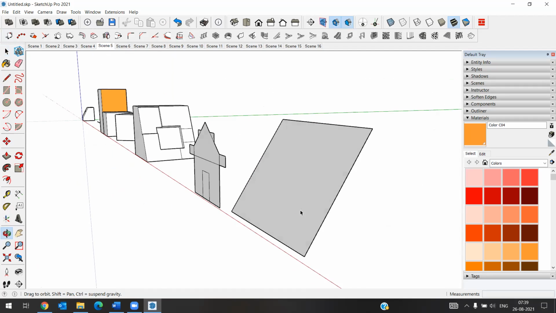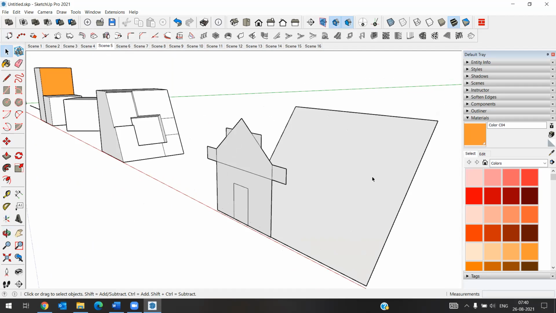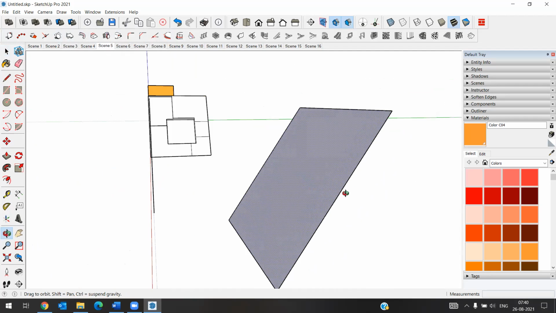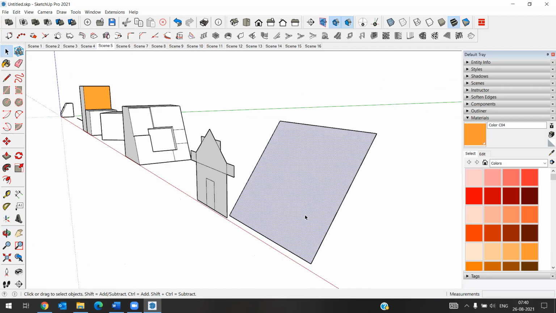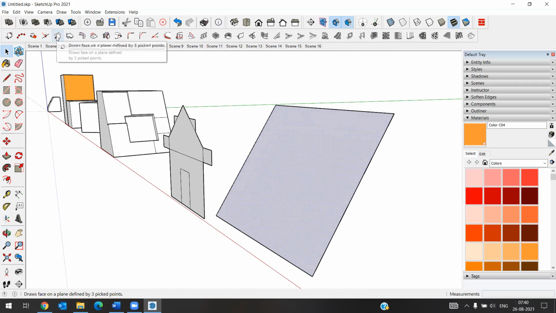Okay, we have to draw the same here. So if the dimension is there we can draw fast. But by using this tool also you can easily draw the particular face on another surface. So how that is, I'm taking this tool, draw face on your plane.